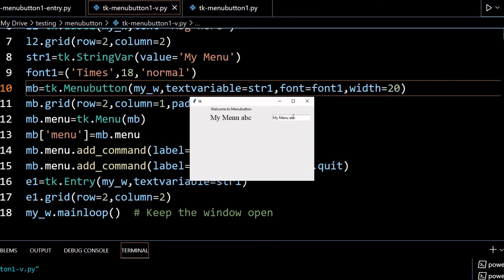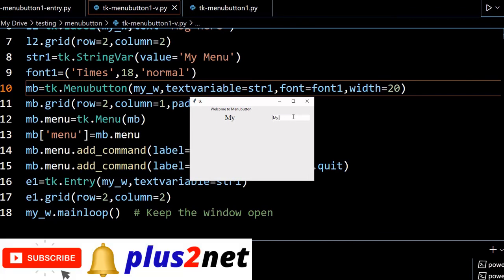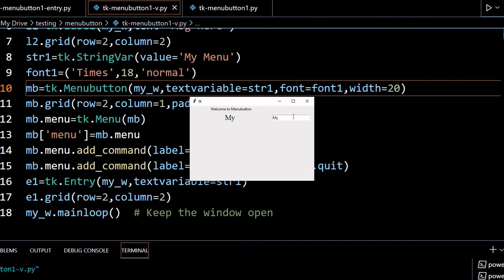My menu A, B, C, whatever I keep on typing, the same thing will be reflected in the menu. So dynamically I can change the text of the menu. Say sometimes you have a menu where login is there. Now the user has logged in. Once he has logged in, you don't want that button to show login again. It should show log out. So there you can manage this and say log out. The same menu button will change the text on it. These are the requirements that will come up. So that is why this text variable and the state also, many times we don't want that to be available. There can be many requirements where this can be manipulated or changed.